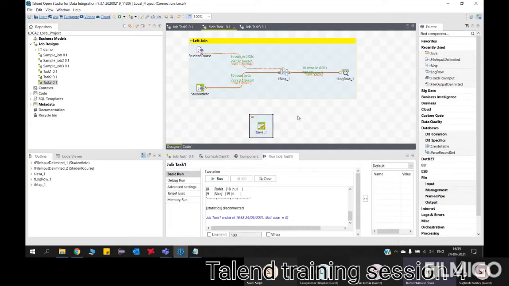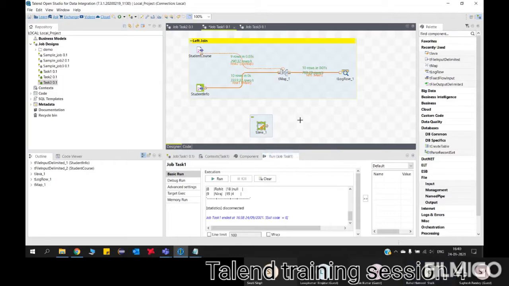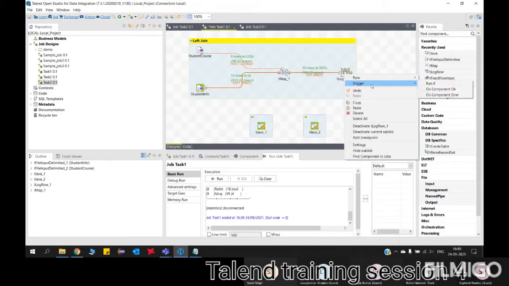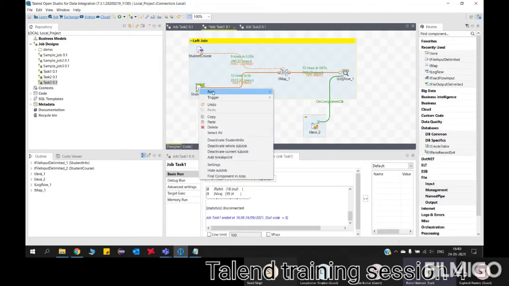Take another tJava component, put one after tLogRow and another after tFile. For one component, take On Component OK from tLogRow. Put it OK, take On Subjob OK now.